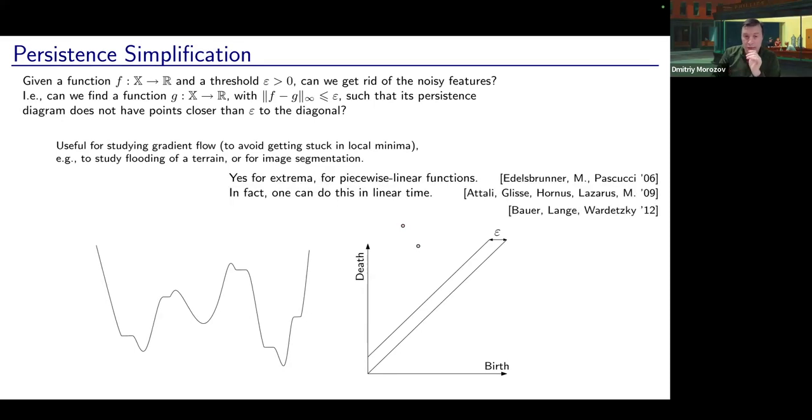This problem is almost 20 years old now as I'm formulating it. We know how to do this in linear time very efficiently for extrema, for piecewise linear functions. So these are the three relevant citations, but only for extrema. And if you want to do this in middle dimensions, so for example, if you have a function on a 3-manifold and you want to simplify pairs between index 1 and index 2 critical points, it's actually very challenging. And the reason